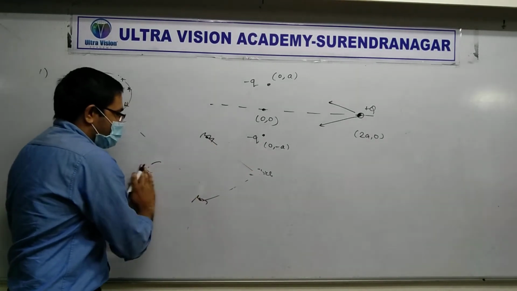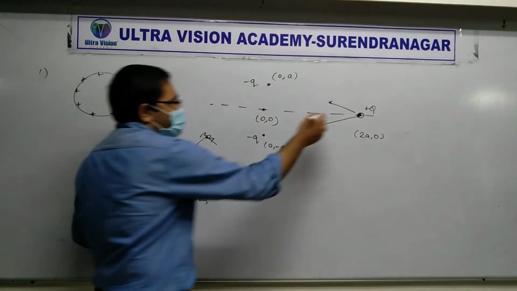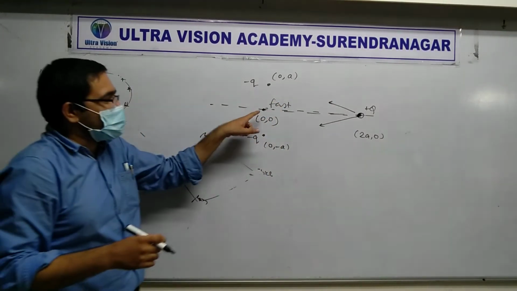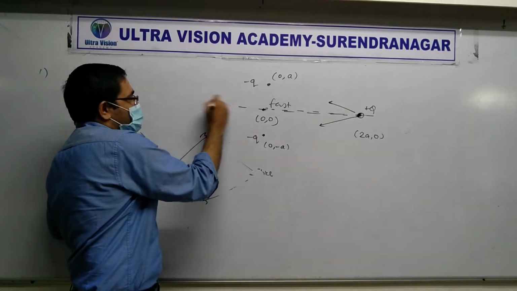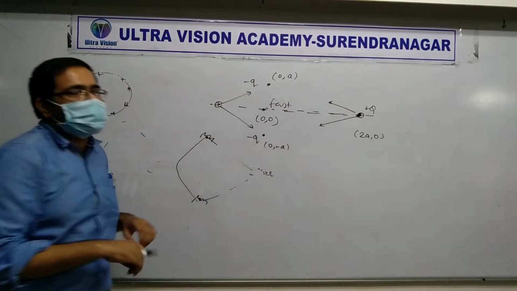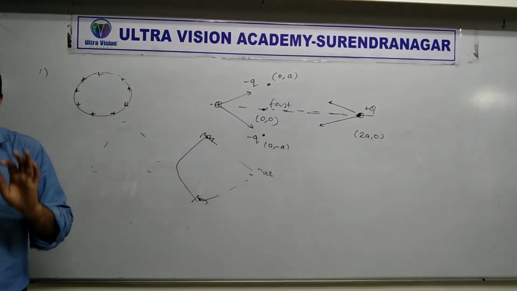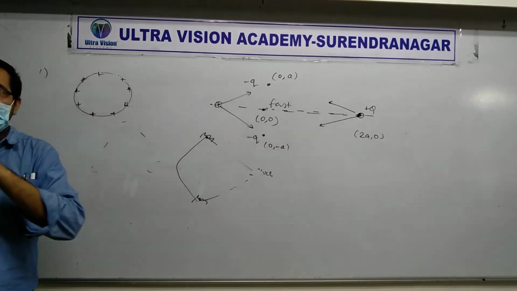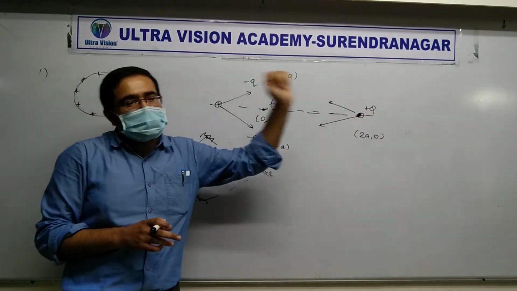And then when it goes there, it pulls back. Do you realize the same thing will happen here? By the time it reaches here it will become fast, it will be moving fast, so it will not stop here, it will overshoot. So the moment it overshoots, let's say it goes here, then what will happen? These two charges will try to attract it back, yes or no? Yes. Definitely oscillatory motion, yes or no? Remember, oscillatory motion means going back and forth. It will go ahead, then stop, and come back from there. Is it simple harmonic or not?